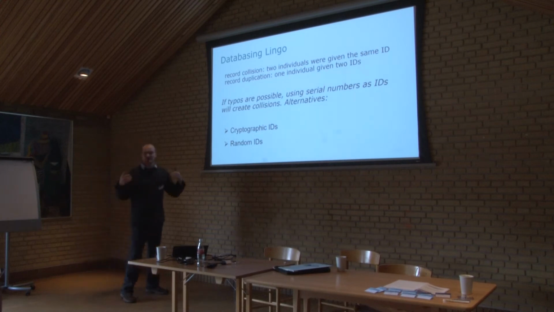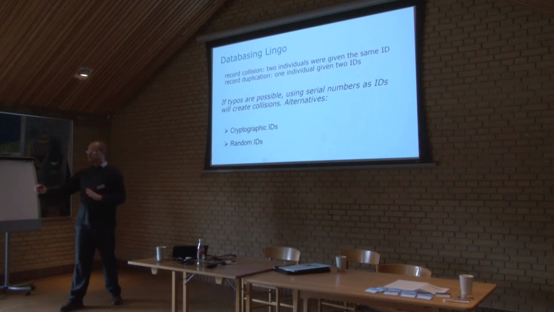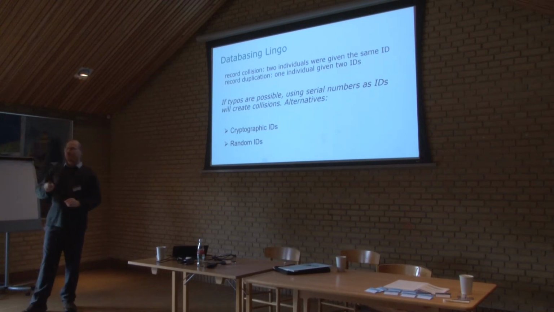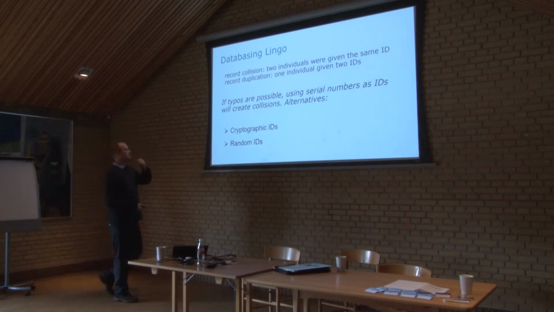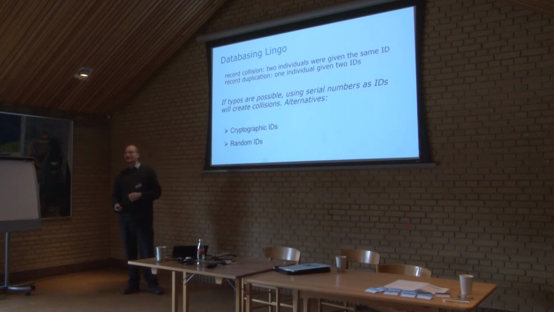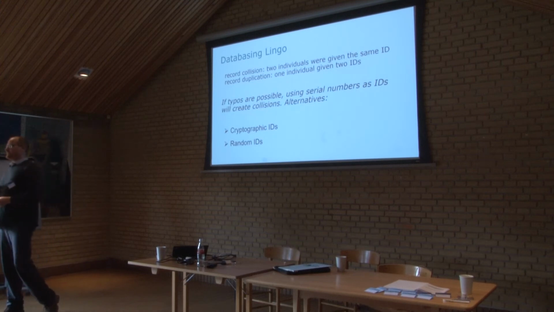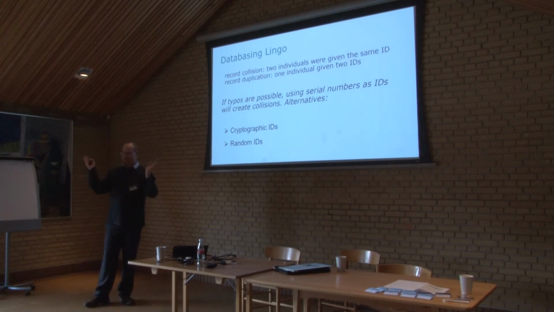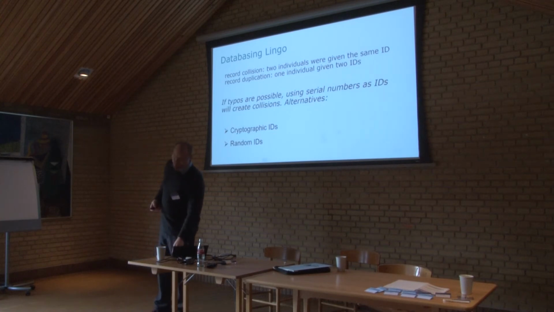There are other possibilities. You can exploit randomness to try to make that less of a problem. For example, using some kind of a cryptographic system where individuals are hashed to a particular value, it's very unlikely two individuals will hash to the same value, or a typo will cause a switch from one of those values to the other, just because there's a huge space of cryptographic IDs. The same is true for random IDs as well. A single typo will not cause a collision because it's so unlikely that a typo will land on somebody else's ID. Rather, it'll just be an ID that doesn't exist yet. And those just pop up as errors, right? It's just an NA. So to some extent, those kinds of systems are typo robust.